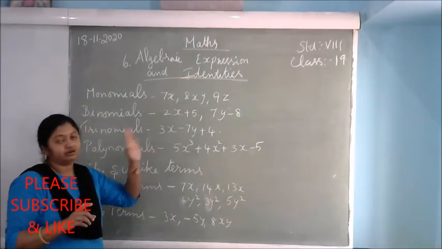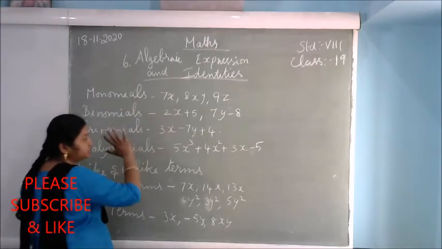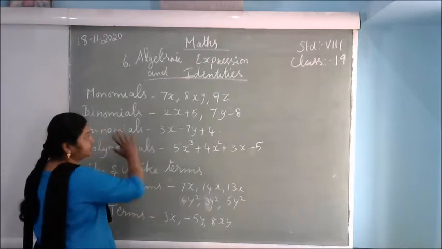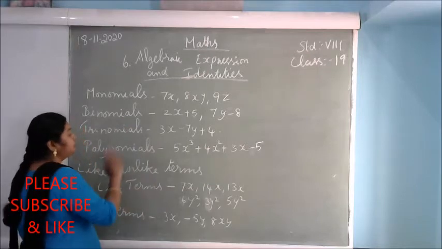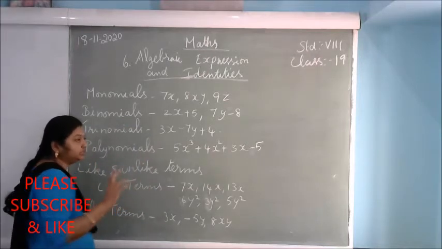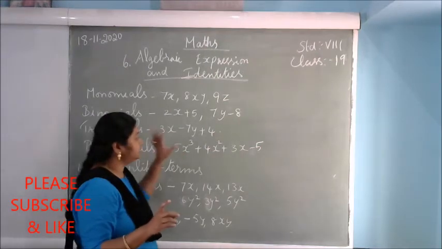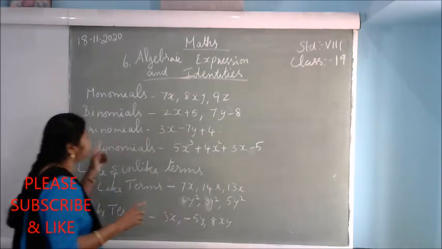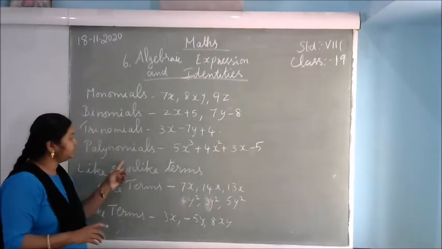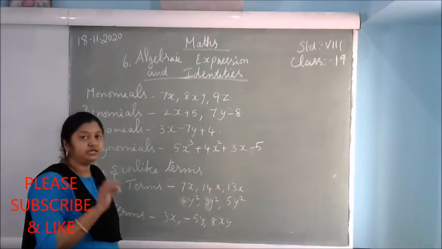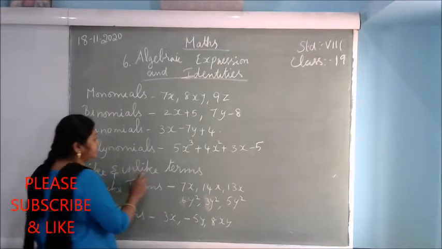Expression also you can say, or equation also you can say. These are also binomials only. In equation form it is there, that is called a binomial only, but for 1 or 2 or 3 terms separately they have given the name. When more than 3 terms are there, 4 or 5 terms, 6 terms, 7 terms are there, that expression is called a polynomial. What is the meaning of polynomial? Poly means many, nomial means terms. Many terms. The equation is called a polynomial. Okay. Now we'll see the like and unlike terms.